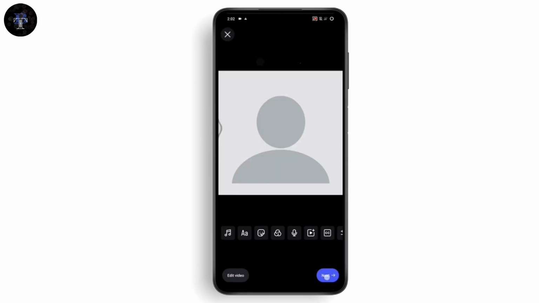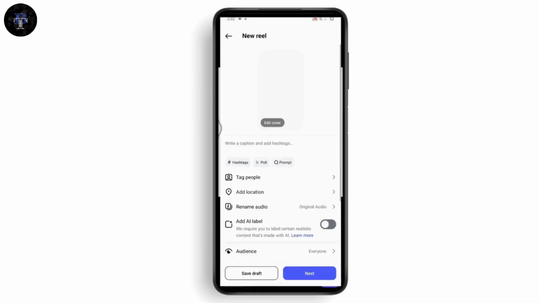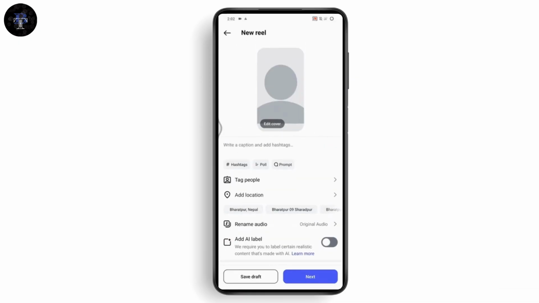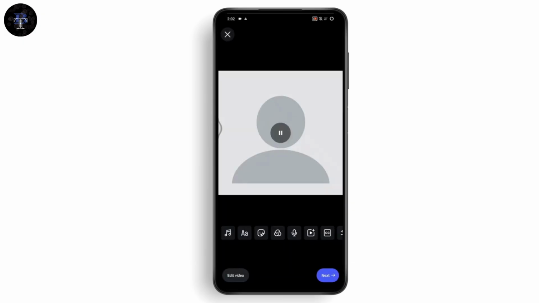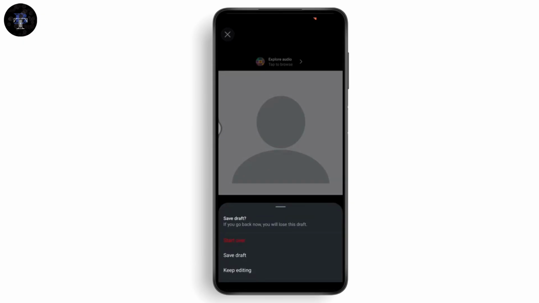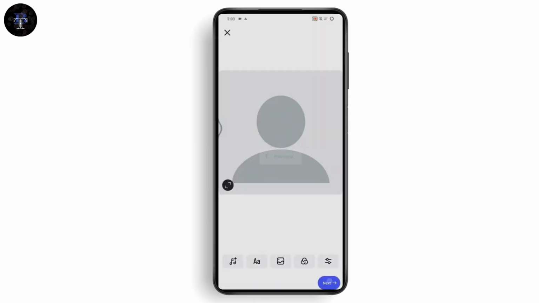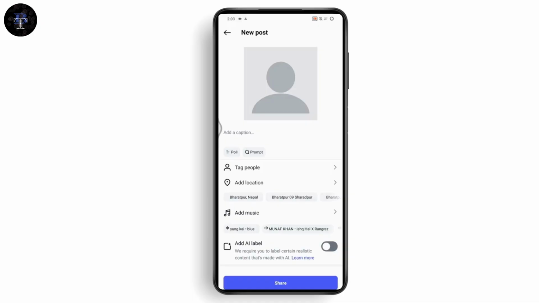After selecting the product, you need to go with next, which is on the bottom right, and here you will have an option of add product details. So in my case, or in some regions, it's not available yet, but if it's available, you'll have an option of add product details. You just need to simply go with caption, hashtags, and make sure that you've selected post option, and from here select the product, go with next, again go with next, add some caption, and then if you